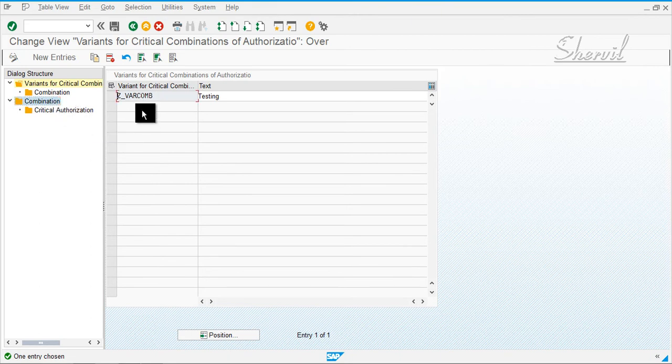To compare it with your GRC terminology, this is where you create your risk IDs, which is a combination of two conflicting business functions. But in this case, it's a combination of conflicting critical authorizations or authorization IDs.